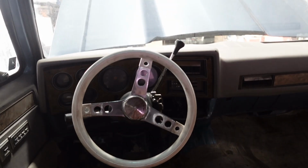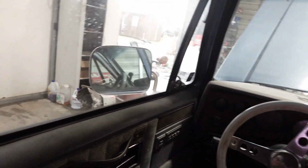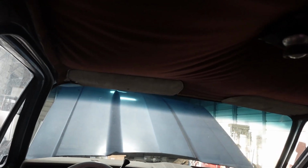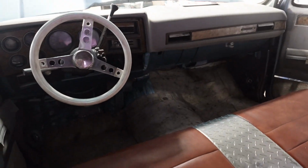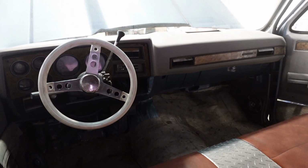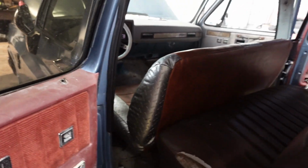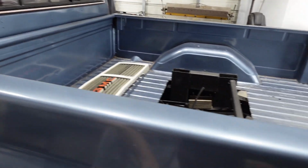Look at the dash. Well, the thing is LMC truck has every part. Thank God, because we got a red door panel, a gray door panel. This headliner has got to come down. I gotta figure this out. This is a project. Let's get some bolts in that seat. Well, we need to get a driving bolt. So, all right, yeah, first up,